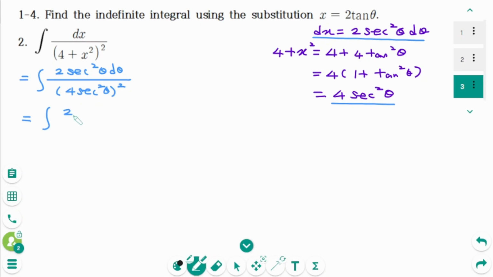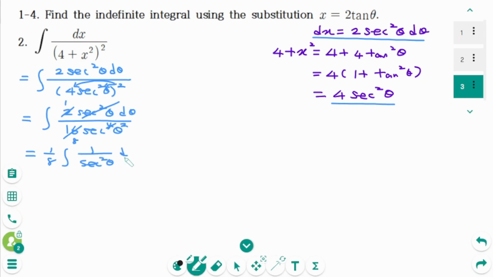equals the integral of 2 secant squared theta d theta over 16 secant to the power of 4 theta. Then 2 times 1, 2 times 8, 1 over 8, integral of, secant squared cancelled, the square is left over, then 1 over secant squared theta d theta equals 1 over 8 integral of, we can rewrite as cosine squared theta d theta